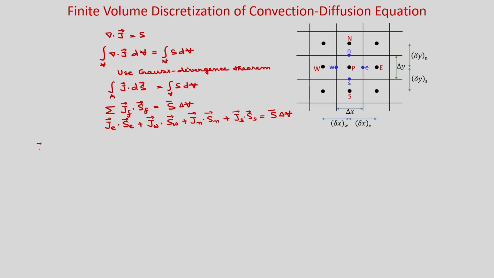The diffusion term you already know how to discretize. While calculating the flux vector, we will assume that the value of phi varies linearly between the cell centroids. So, obviously, the gradient of phi at the face center we will calculate using the neighbor cell centroid value and its main control volume cell center value. First, let us see how we will calculate J_E dot A_C, then similarly we can write for other terms. Okay.